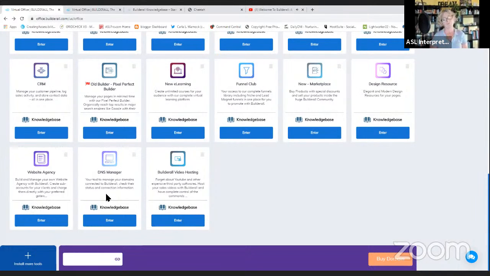I'm intuitive, but don't trust my feelings on this one because I really know nothing. The DNS manager is your domain name server. Okay, and that is for people like